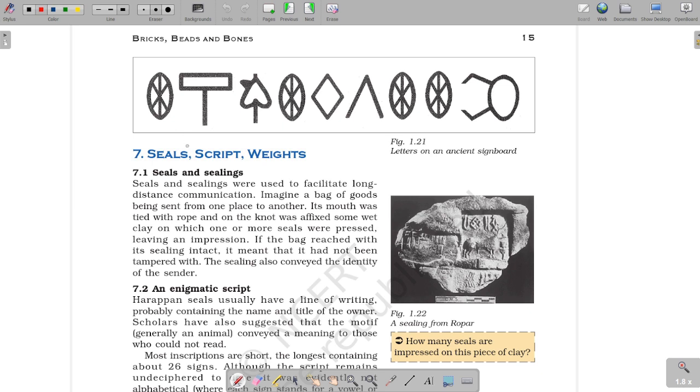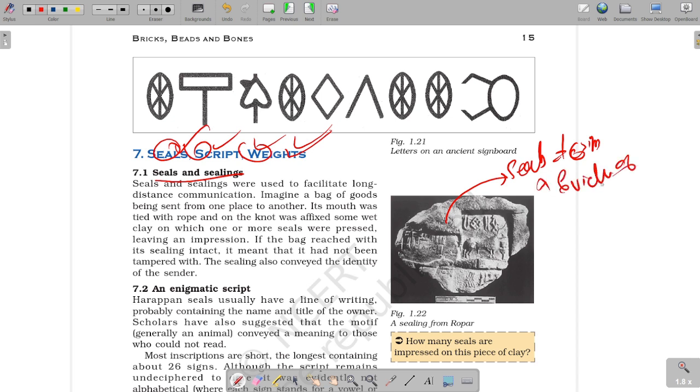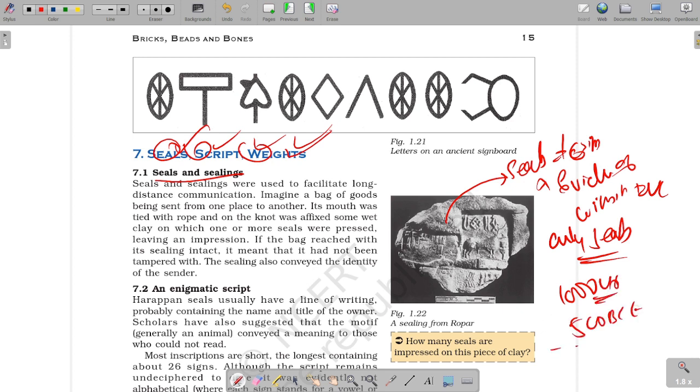Now the seals, scripts and weights. Guys, here we will see in great detail about these things. Seals. Guys, remember the seals are not coins. Basically, we don't find evidence of coins in the Indus Valley civilization. We find only seals. Coins we find after 1000 years, during 500 BCE to 600 BCE, during the rise of empire states like Magadha, etc. Guys, the seals here were used basically